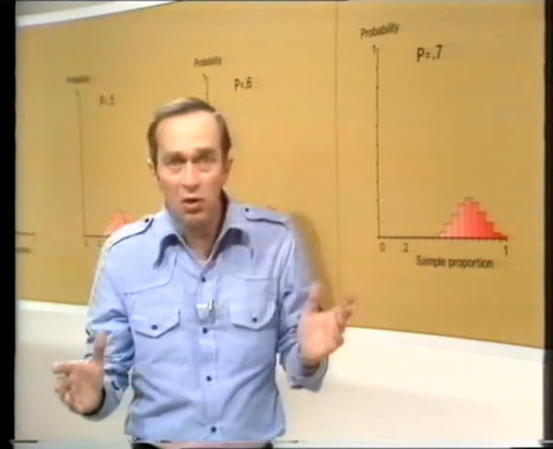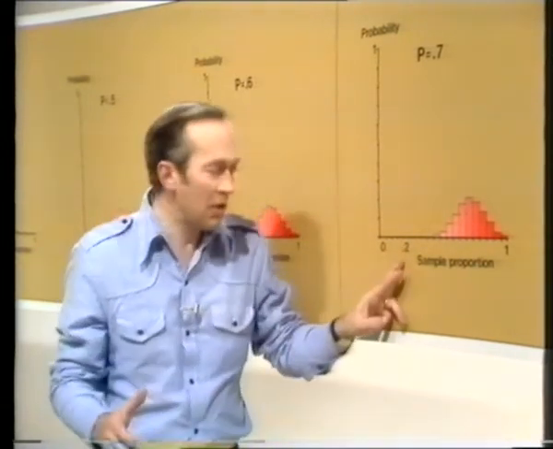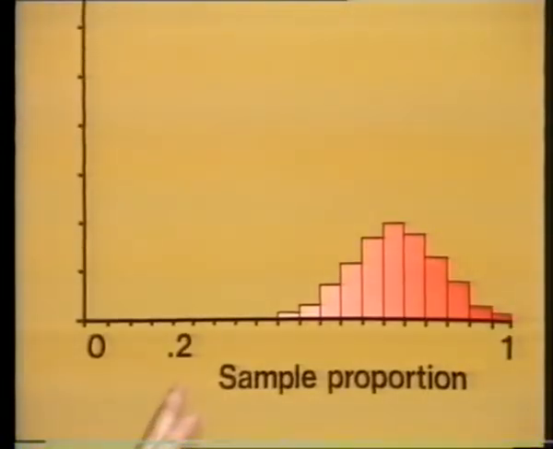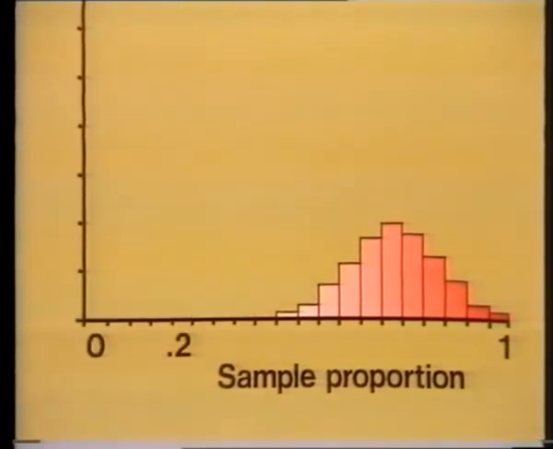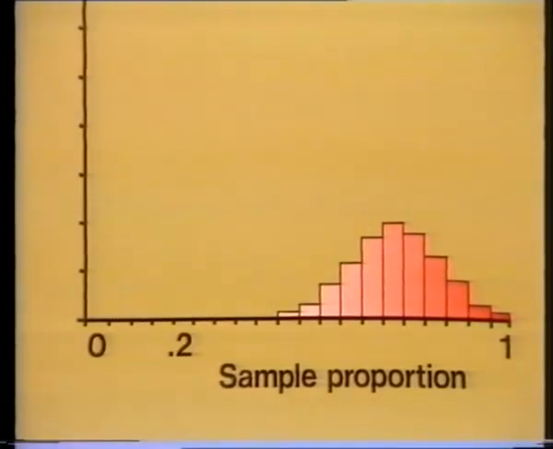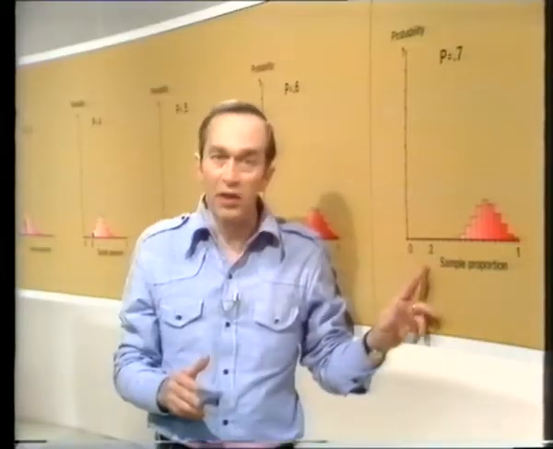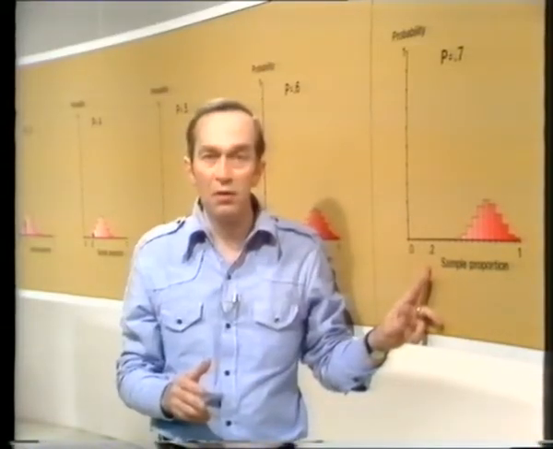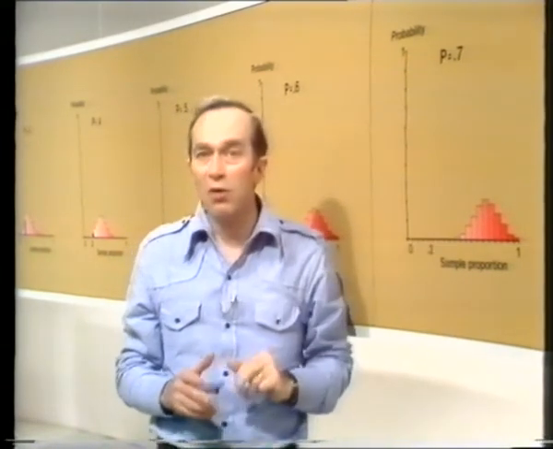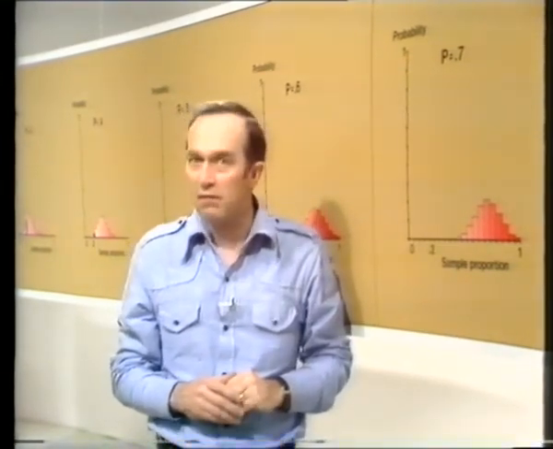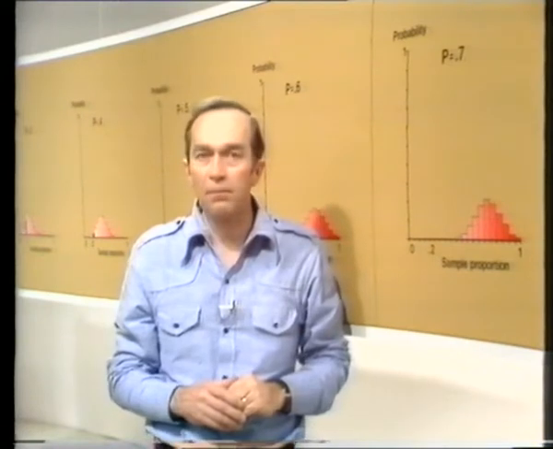And let's stop here at p equals 0.7. You see, because by that time, the probability of getting that sample proportion, 0.2, is so low that you can't represent it in a diagram like this. It's not 0. Logically, you could get that sample proportion from a bottle which contained 0.7 red beads. But it's very, very unlikely, isn't it?